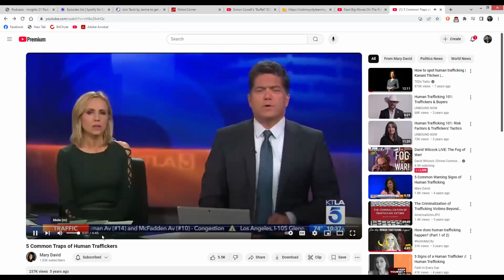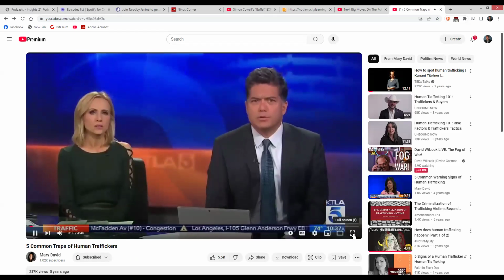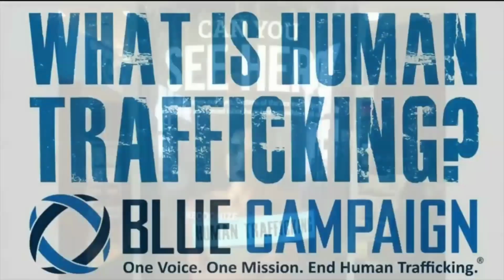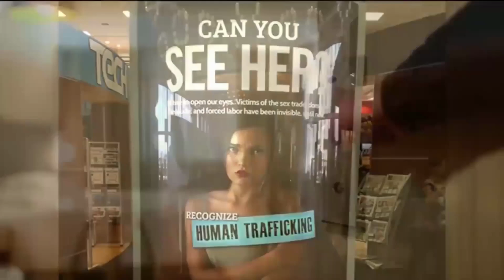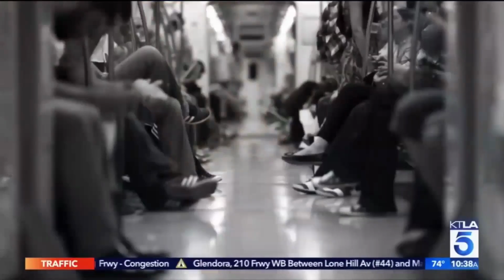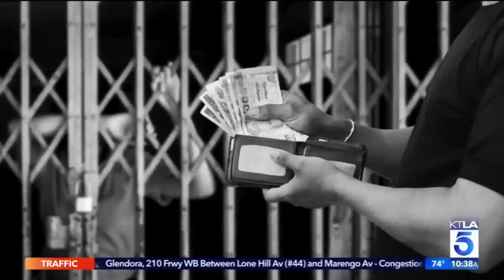The 2008 movie Taken depicted human traffickers breaking into a house and dragging away teenage girls to sell them on an overseas black market. But experts know these criminals often use more subtle and strategic methods. That's why the Blue campaign by the Department of Homeland Security is supporting 2 new California laws that require awareness training for transit, hotel, and motel workers. These are industries in which employees are most likely to encounter trafficking victims.